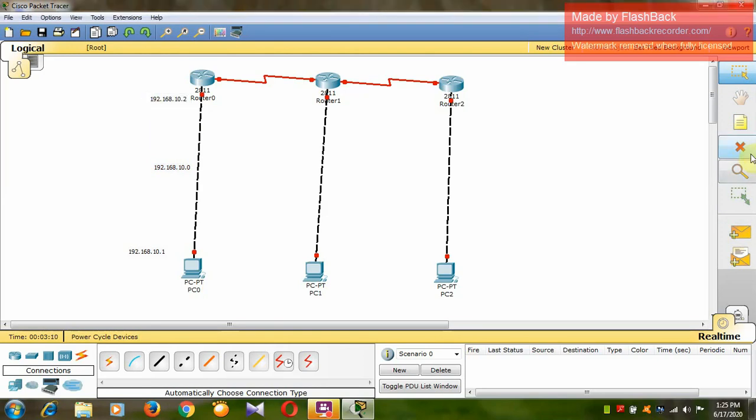Similarly, between this router and PC I'm going to take the network as 192.168.20.0. So this is 20.1, and for this interface I'm going to take the IP address as 192.168.20.2.